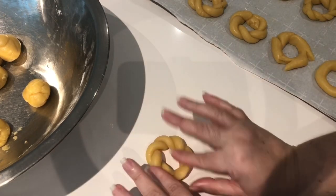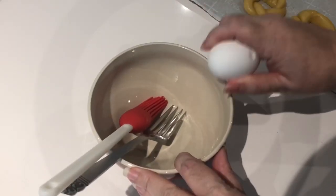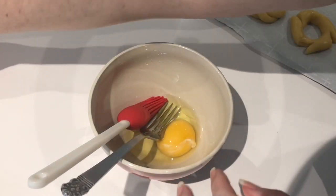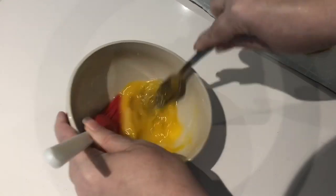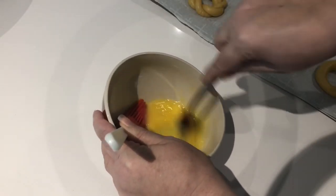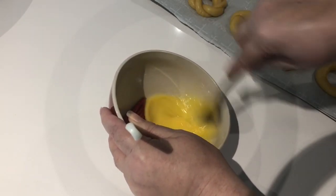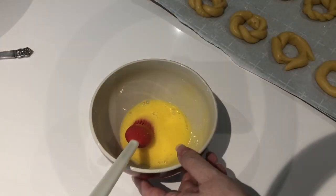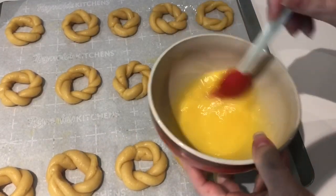So once your first 15 biscochitos have been shaped, it's time to give them an egg wash. So grab your egg and crack it into your small bowl, and then you're just going to beat the egg. I don't like to add water to this one because I just find that it gives it a really nice color when I leave my egg as is. So just give your egg a really nice beating, and once it's ready, then grab your pastry brush, and then